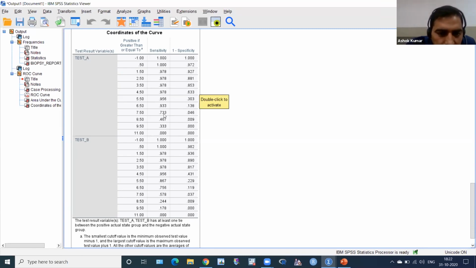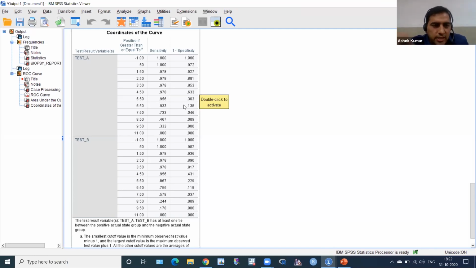Then this is 73%, 0.7, and this is around 96%, 0.96. Okay, 0.96, so 0.9 and 0.7. It comes around 1.6. Okay, then the 6.5 value is very high, because this is 1.8, this is 1.6, this is again 1.6, this is 1.3, and then at 8.5 the specificity is very low. We don't want a very low specificity. So 6.5 is the cutoff point for this.